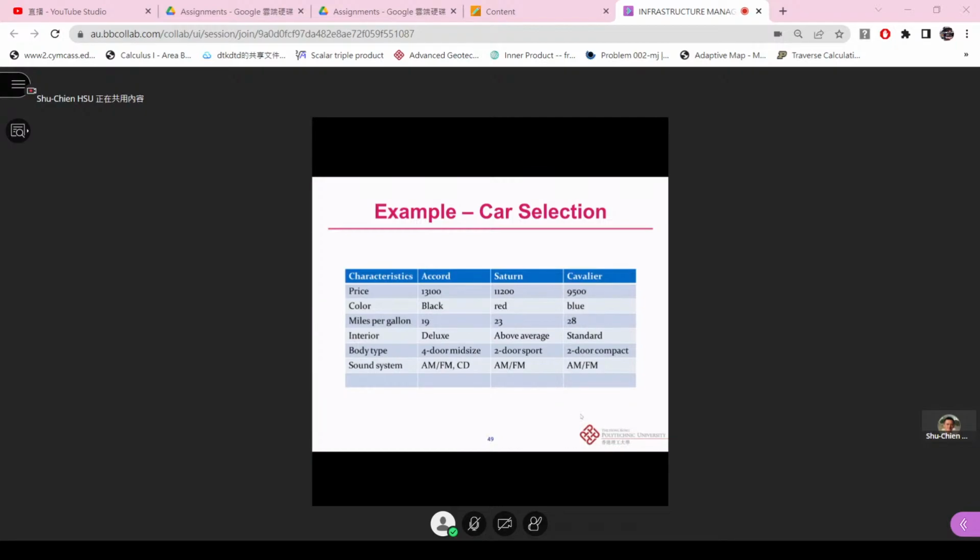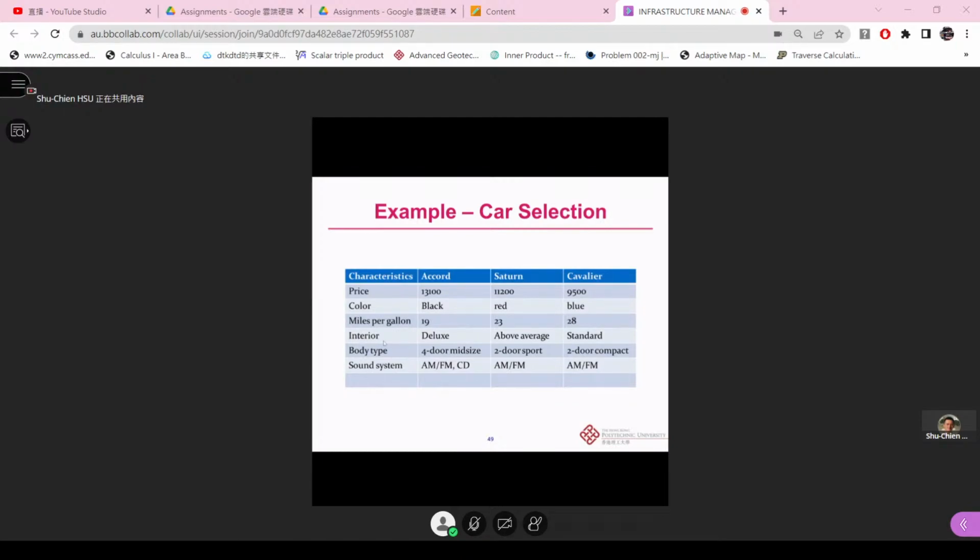For the car selection here, we actually have 3 different alternatives with 6 criteria that we are going to consider. That means we have 3 possible cars: Accord, Saturn, and Cavalier. The criteria we can consider are the characteristics of the cars, like the price, the color, the miles per gallon, which is the fuel consumption, the fuel efficiency,